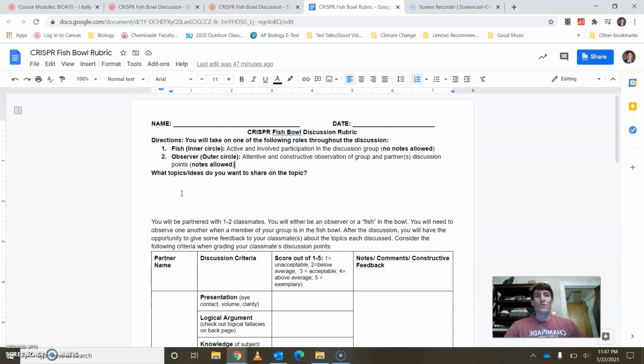So try and be pretty well versed on this before you come into class because once again, you'll be able to look at the notes when you're on the side or in the periphery, but you'll not be able to have those as a part of your things that you bring into the circle with you. When you are a fish in the inner circle,